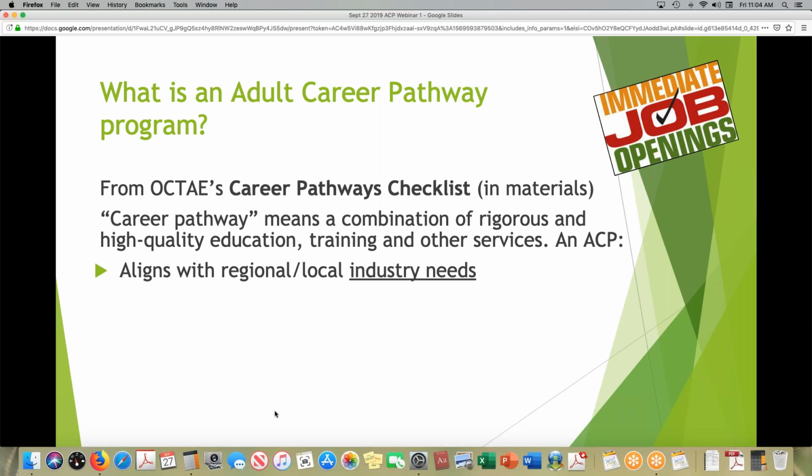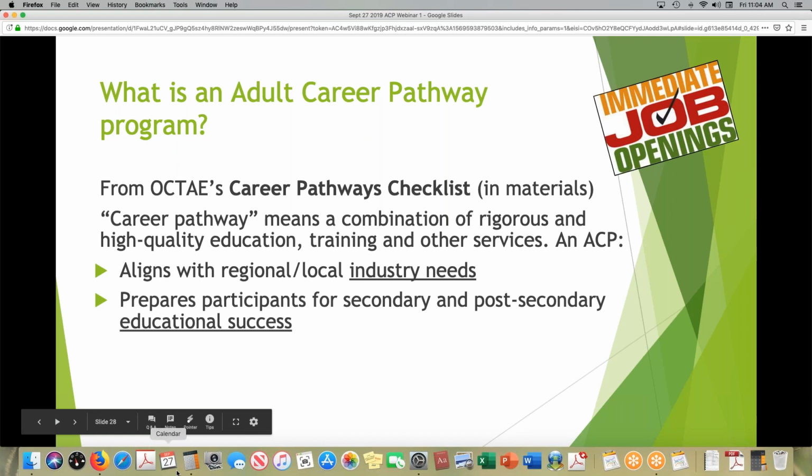But then Allison said she also went to the labor market information at DEED, which is fantastic because they're renowned labor market people at DEED in Minnesota. They're actually looked at nationally as being on top of it and getting that information out in a usable form that people can access it and interpret it. So they're very helpful there as well. So that's what that means as far as aligning with regional and local industry needs.